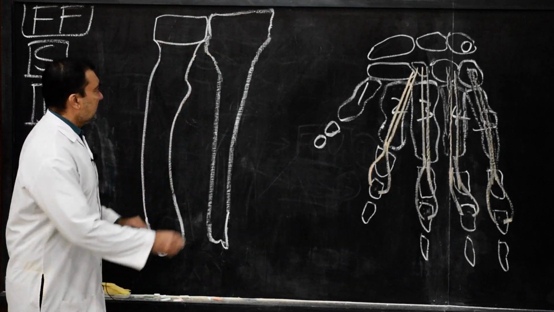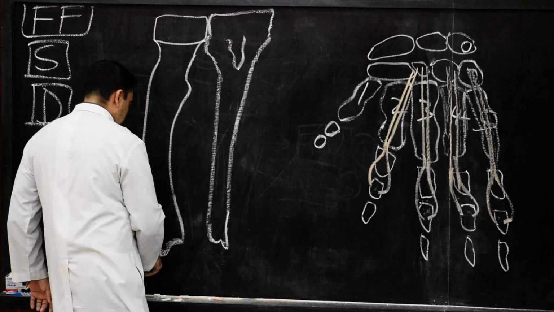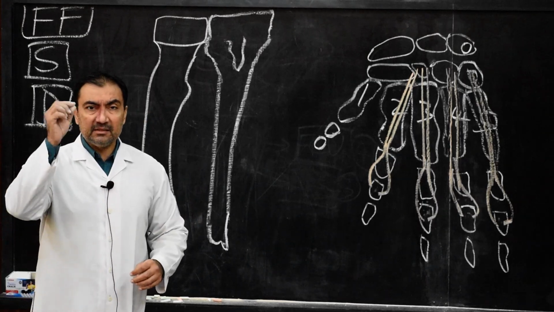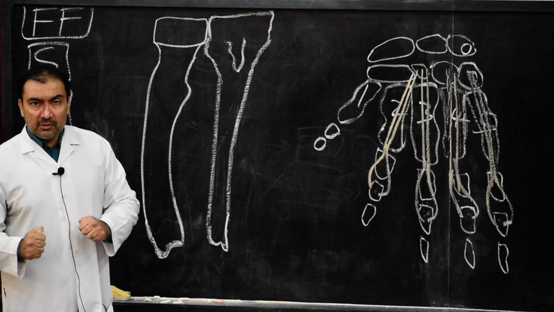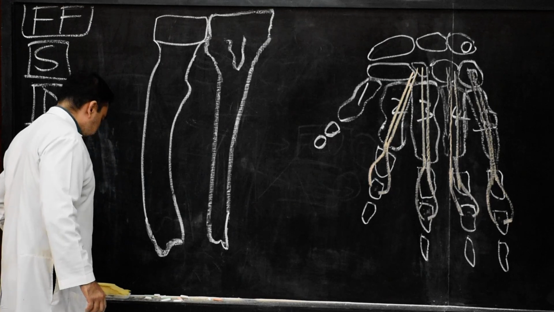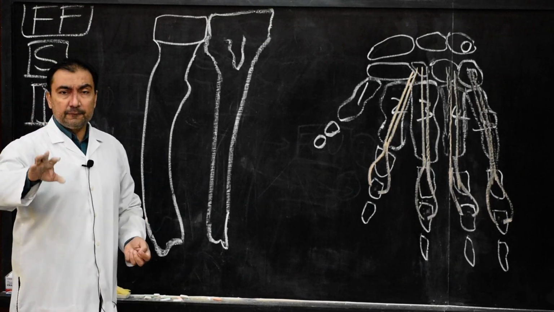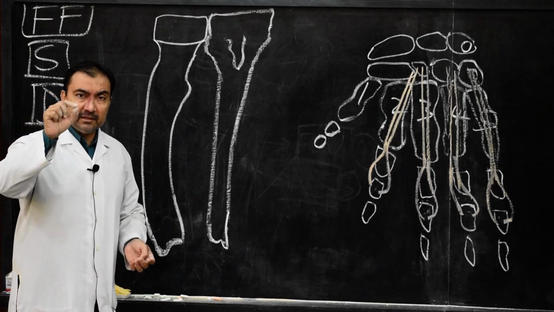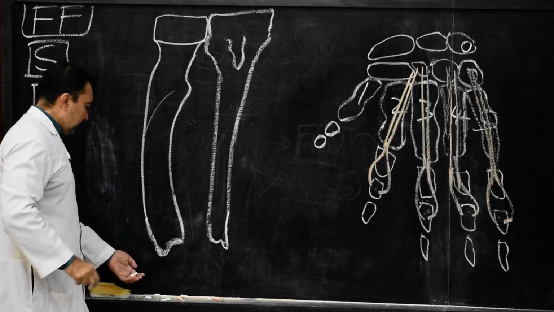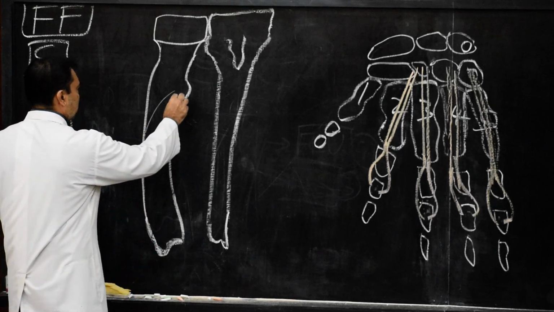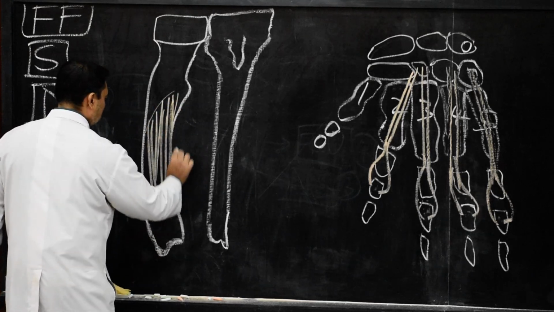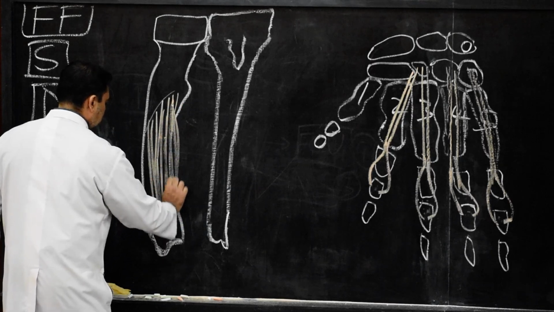Now we are going to show the entire origin of the three deep muscles of the front of forearm. Flexor pollicis longus, the first muscle. Flexor pollicis longus will take origin from number one, it will be from the anterior surface of the radius, below the anterior oblique line. So if this is the anterior oblique line, below the anterior oblique line, the anterior surface of radius will give origin to the flexor pollicis longus muscle.